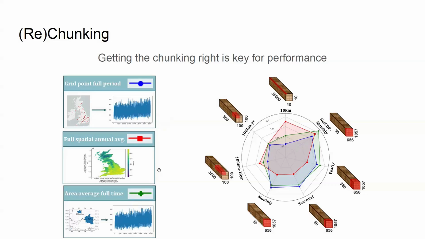ways of chunking it. So did we chunk it purely in the time dimension, or did we do it in space, or did we do it in both? And then ran each of those scenarios through a different analysis. So the idea being, one analysis was very much, we're trying to pull out one time point from the data set and analyze it, and the other one being we want to pull out one entire spatial dimension for